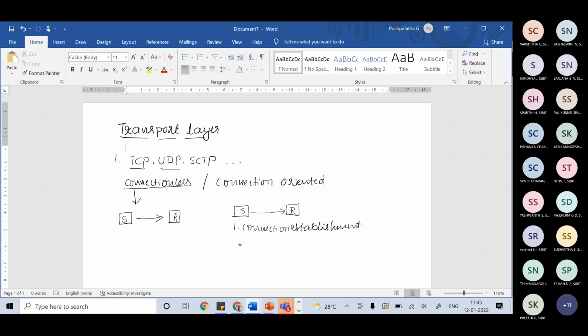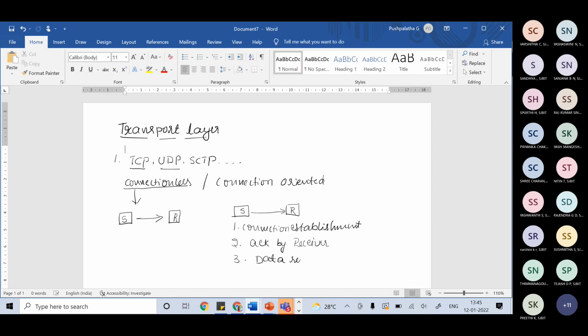After connection establishment, the receiver sends an acknowledgement along with his capacity and other information. Later, data will be sent.